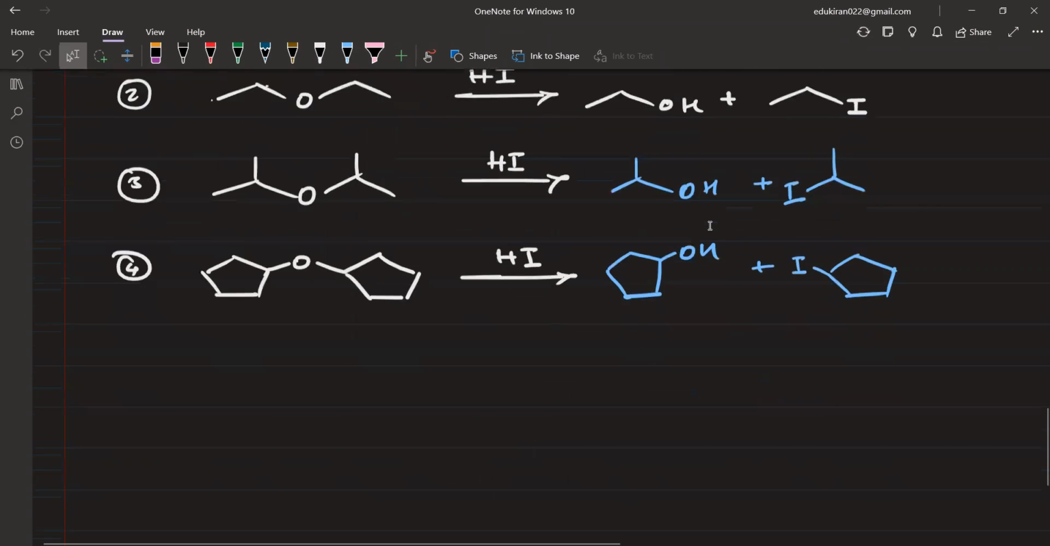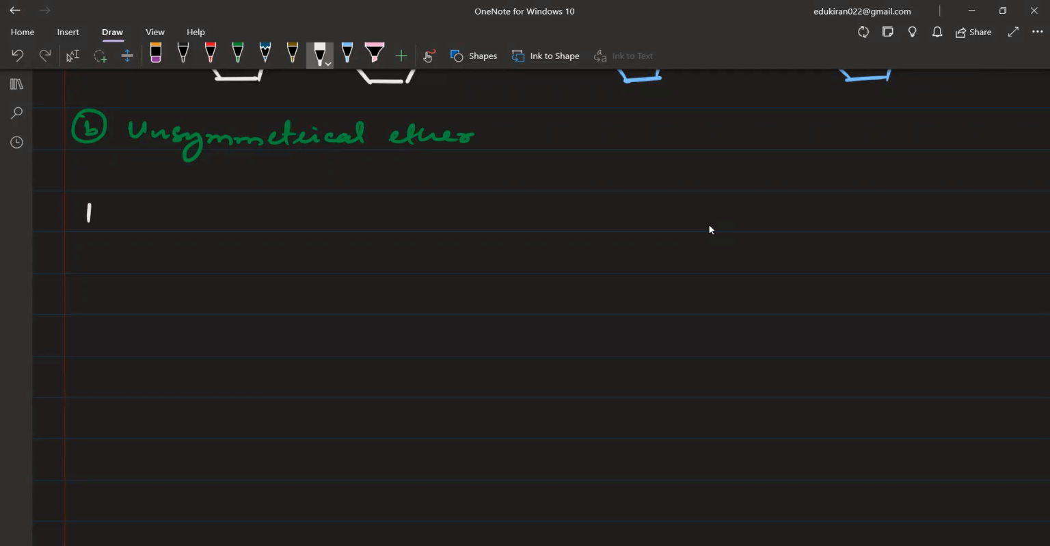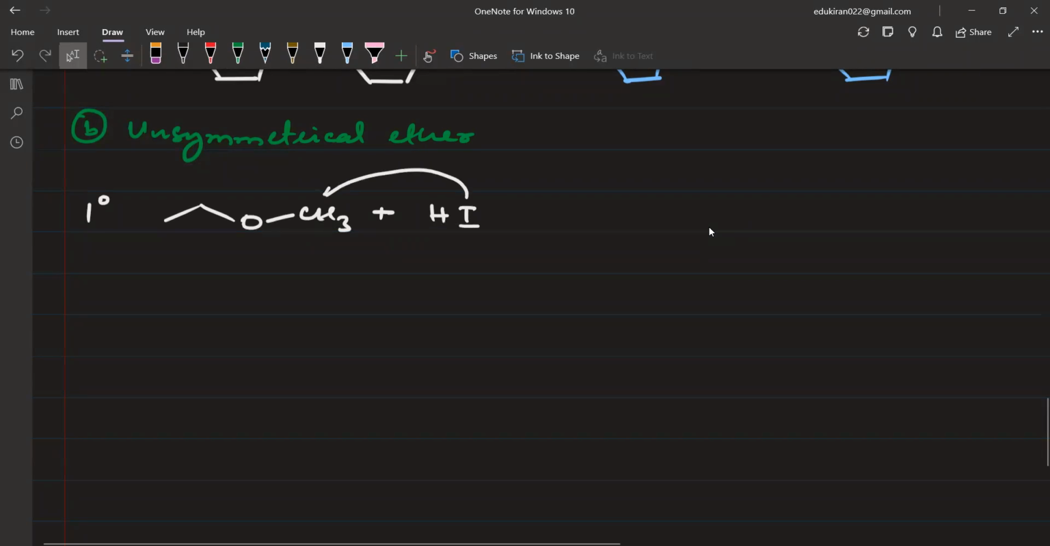Okay, let us see what is going to happen if we have unsymmetrical ether. So when we have unsymmetrical ether, if we have 1 degree, for example, you have something like this. Let us say you have 2 carbon atoms here, oxygen, and then you have here CH3. Okay. So in that case, what is going to happen? The HI, this iodine will attack on the CH3. And if iodine is attacking on the CH3, I will get CH3I